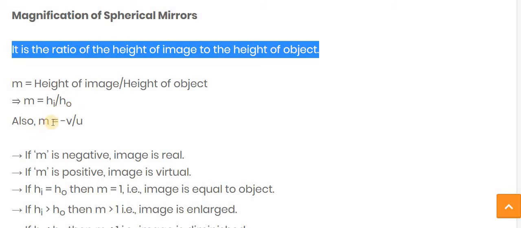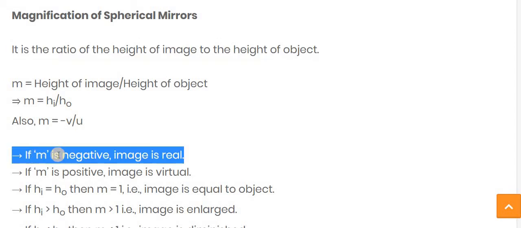For the spherical mirror, as we see that u is always negative and v is, so the magnification m is equal to minus v by u. If we are getting m as negative, then always remember the image is real. Kindly write this down in your notebook because it's a very important question, and directly asked that m is equal